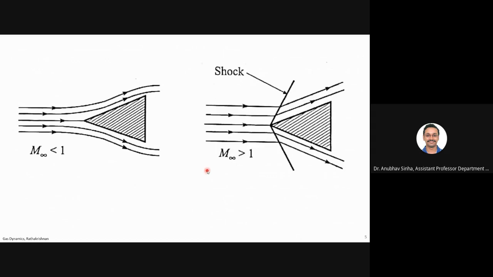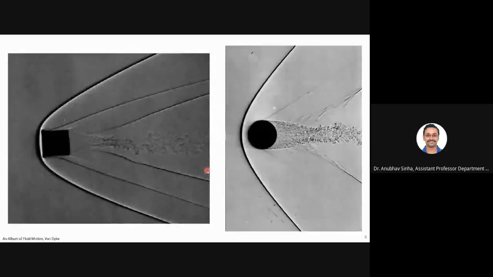Okay, sir. Thank you, sir. So before going to all the derivation, I wanted to show you some pictures. That is the plan. We'll derive why it behaves like that. Okay, so again some pictures. You can see that we have some bluff bodies, and this is what you see.